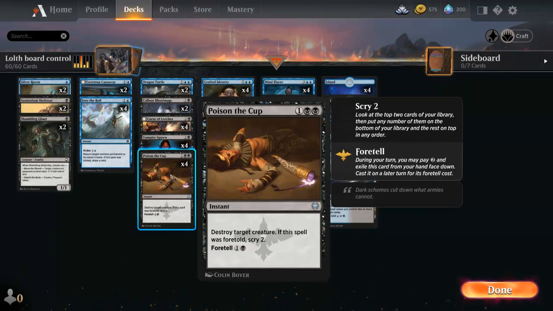After that we have Poison the Cup. It's a 3-mana instant. Destroy target creature. If the spell was foretold, scry 2. Typically, I will pay the foretell cost to save it for a couple reasons. One, it just lowers the cost of the card by 1 mana for later use for when I need it. And the other thing is it takes it out of my hand, so that way if